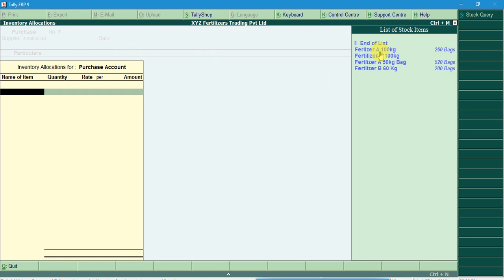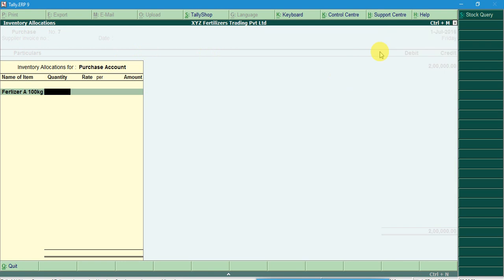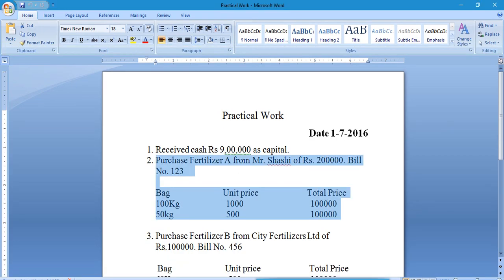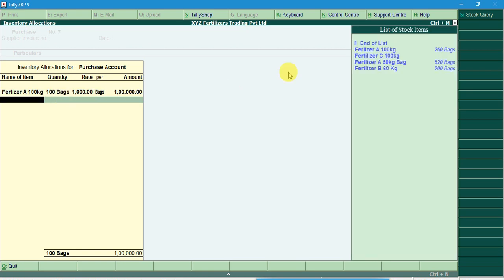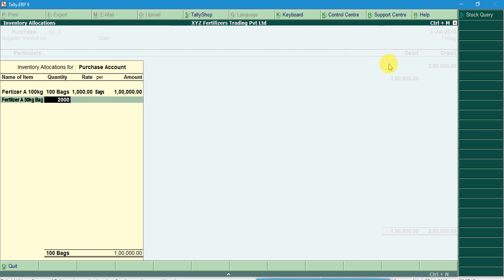Fertilizer A of 100 kg bag, quantity 100 bags with the rate of 1000, and fertilizer A with 50 kg bag, 200 bags with 500 rate. So total bags is 300 and the amount is 2 lakh.